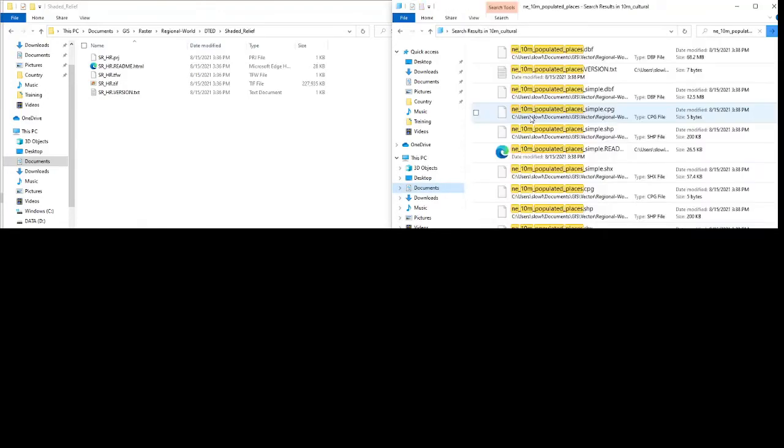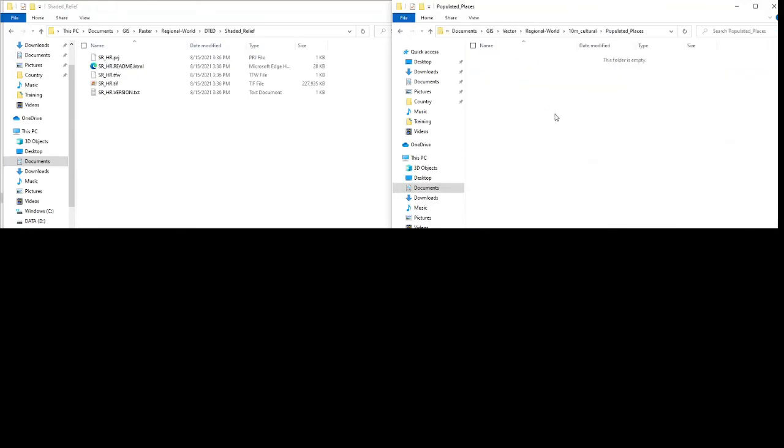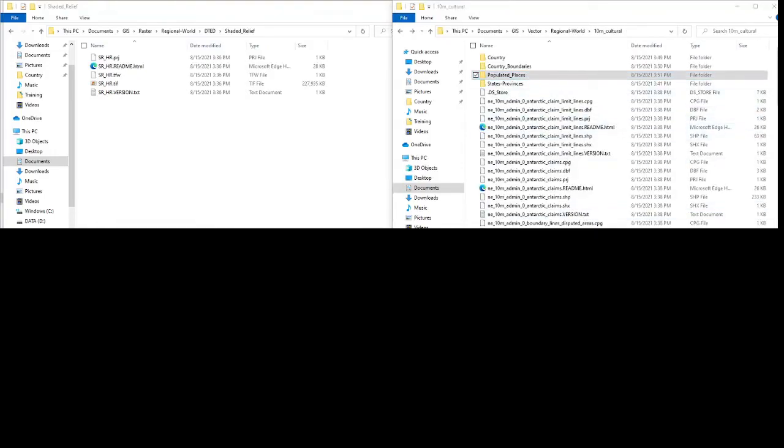Populated places. And for the populated places, you'll have a couple of different options on them. You'll see that some of these say simple, and some of them do not. The simple ones are a little bit of a lighter load. They are devoid of some information, and it's going to be up to you. I am going to pull the full versions for now. So you'll see I left the ones that have the word simple next to them, and I also did not pull in the LandScan README. It's just discussing how they pulled some of this information here from that. So we'll come to populated places, paste these, and last but not least, for the states,